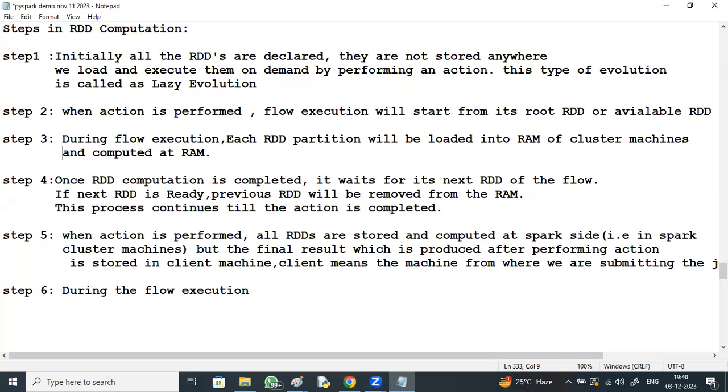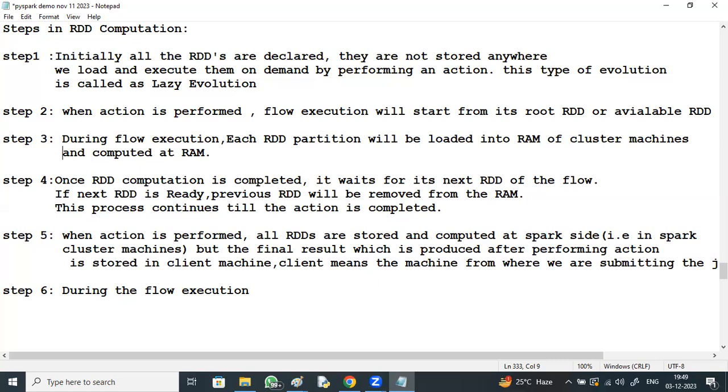Means what is the distributed RAM capacity you are providing? So how much of the data can be accommodated by your RAM? Before we go with this project, we need to decide how many cluster machines and what RAM capacity is to be maintained for accommodating the data.